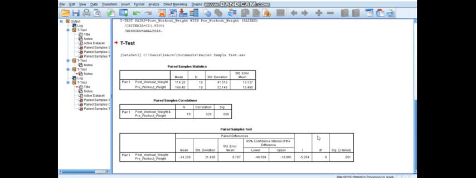Also recall that the critical value at 9 degrees of freedom was 2.262. Does that mean that the minus 5 is now less than the critical value? Actually no, because this sign is irrelevant. We'll just ignore it and focus on the value, because this sign is simply here to tell us which of the two variables has a higher mean. So the negative signs of the t-score and the mean difference actually indicate that variable number 2 has a higher mean, which in this case is the pre-workout weight.